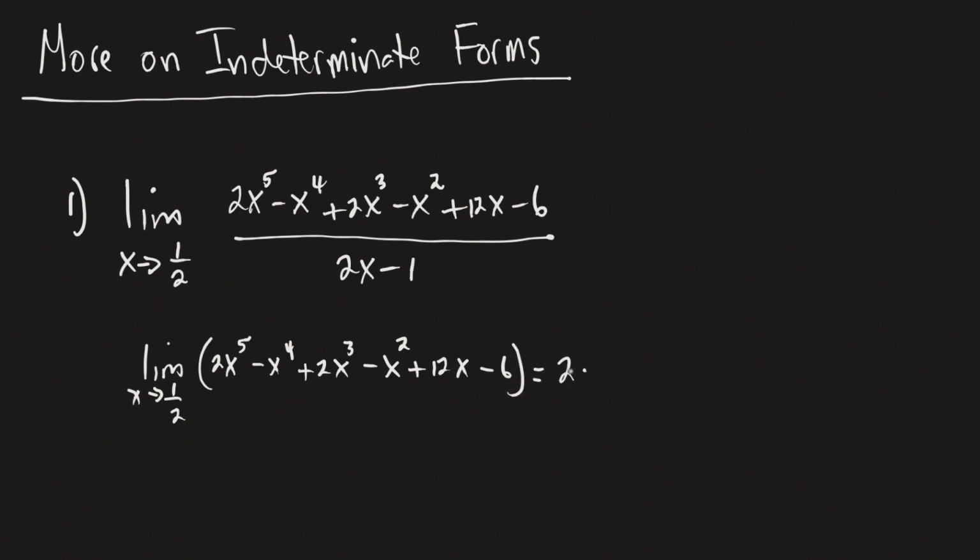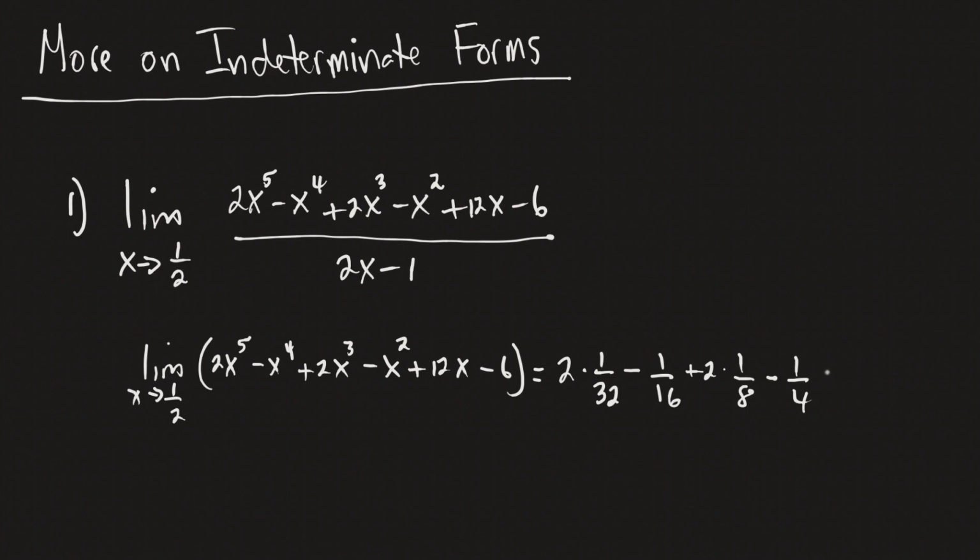So 2 times, now 1/2 to the 5th power is 1 over 32, minus 1/2 to the 4th power is 1/16, plus 2 times 1/2 to the 3rd power is 1/8, minus 1/2 to the 2nd power, that's 1/4,